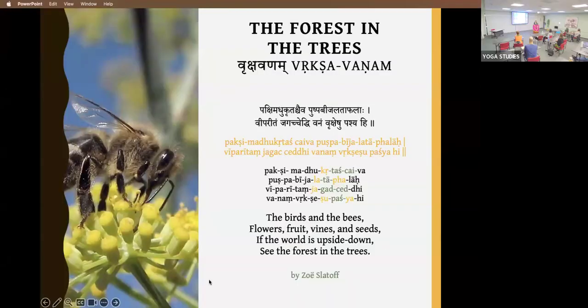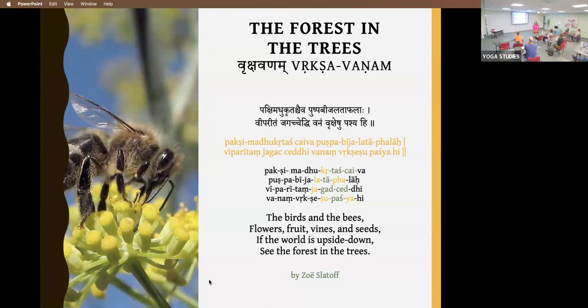So it turns out that writing Sanskrit poetry is a lot of fun. I made my students do it first, and then they said I had to do it too. And it is my new favorite distraction project. You can spend many hours. I think Emily will testify and others will testify. You can spend many hours composing these little verses. So this is the one that was on the invite. This was my New Year's poem,